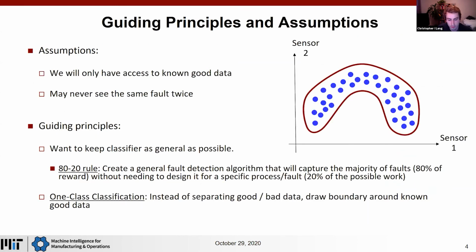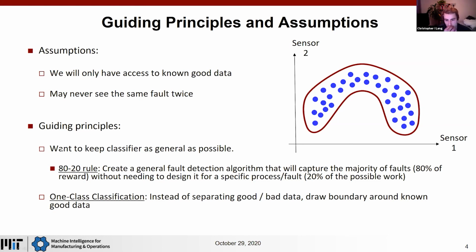So with the general problem setup in mind, there are two big assumptions which I was making. The first and most important is that we really only have access to known good data. This is because we won't necessarily have examples of the fault before it happens, and we won't even know what type of fault there is. There can be probably an infinite number of different types of faults, and really all that we have access to is known good data. Additionally, we'll probably never end up seeing the same fault twice, so we cannot rely on